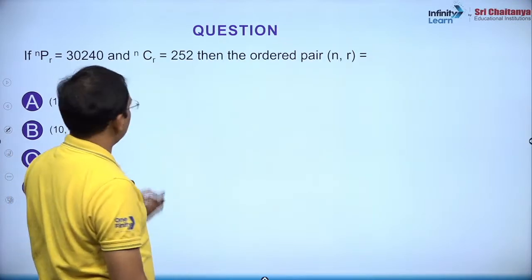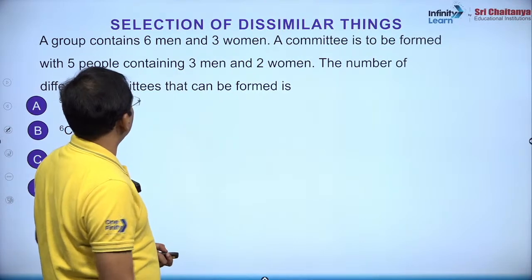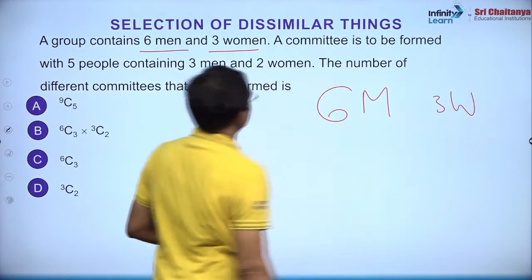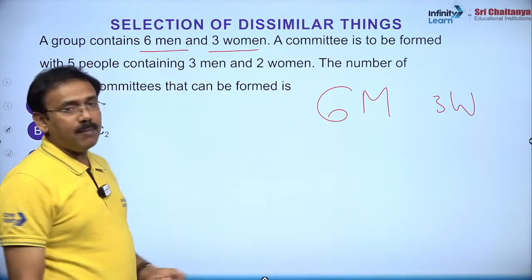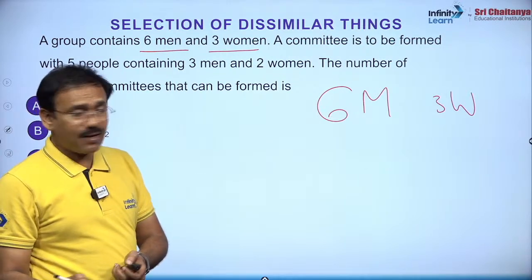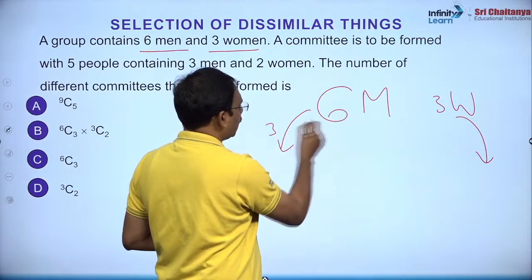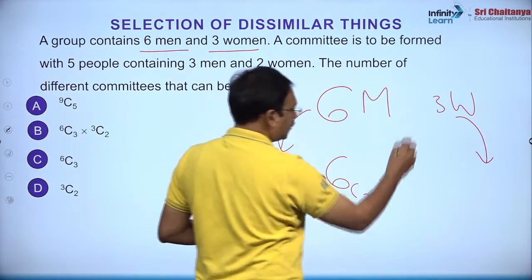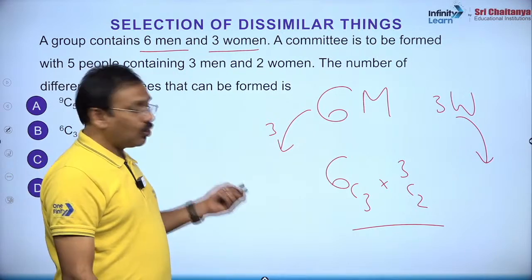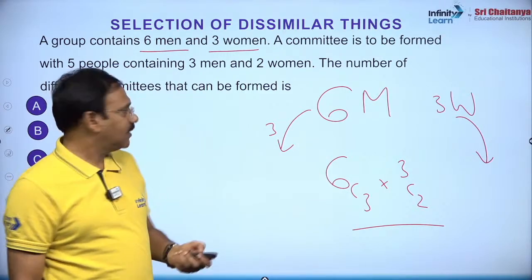ओके, इसके बाद अब देखिए, ये सिंप्लीफिकेशन बेस्ड प्रॉब्लम्स है, आप आराम से कर सकते हैं, इसमें कुछ भी स्पेशलिटी नहीं है। ये देखिए, the group contains 6 men and 3 women। A committee is to be formed with 5 people containing 3 men and 2 women। सो हमें इस पर्टिकुलर सेट से 5 स्टूडेंट को सेलेक्ट करना पड़ेगा। इस सेलेक्शन में 3 men होना चाहिए और 2 women होना चाहिए। सो 3 men को men से सेलेक्ट कीजिए 6C3 वेज, 2 women को women से सेलेक्ट कीजिए 3C2 वेज। हमें दोनों सिलेक्शन करना चाहिए, बाय फंडामेंटल काउंटिंग प्रिंसिपल ऑफ मल्टीप्लिकेशन, इसे प्रोडक्ट करना पड़ेगा।